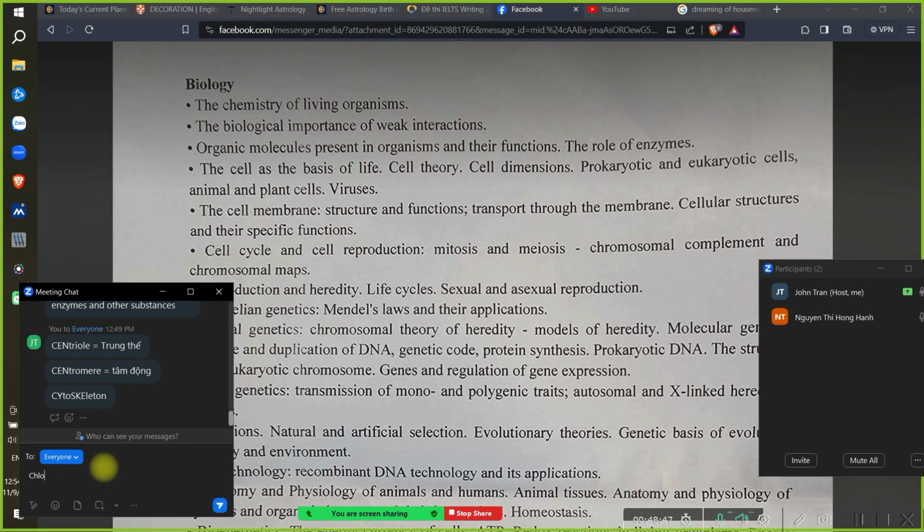It doesn't have chloroplast. So it cannot produce sugar on its own. It needs to eat the plant, you know,